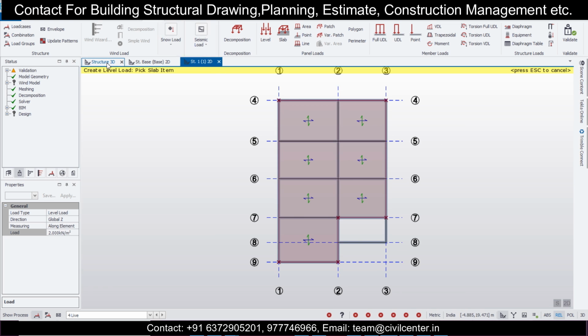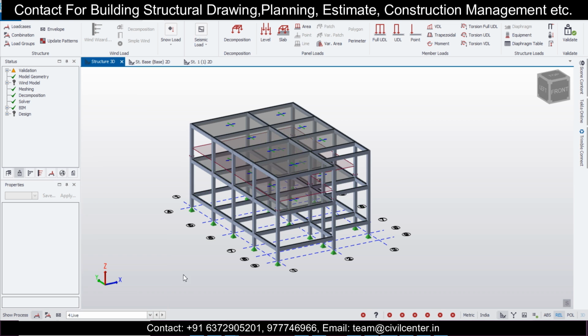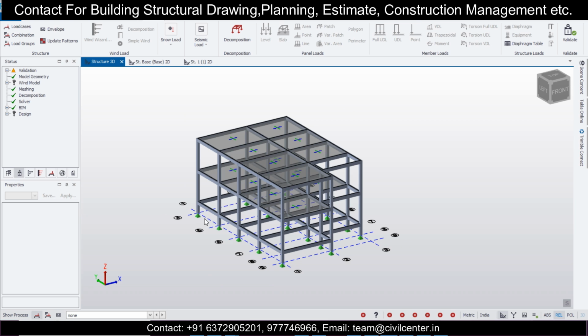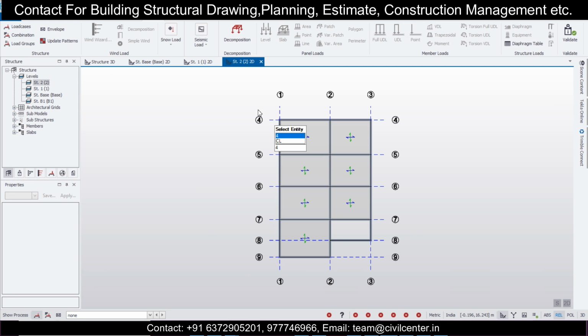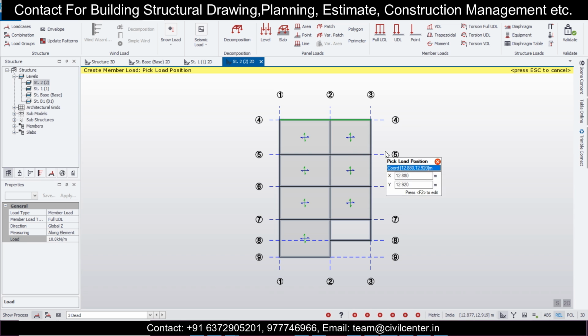So we'll just give it here, and you have live load here like this. You have live, and we'll set this as none. So we'll go to the top floor and apply the load for the last floor. Go into the topmost floor and we are applying this particular dead load here. Go here and apply the dead loads, and let's take the full UDL here, this 10 kilonewton here, and then just apply these loads in here.